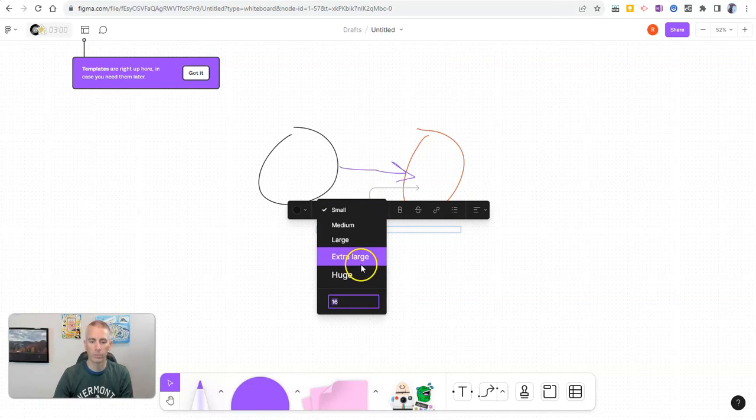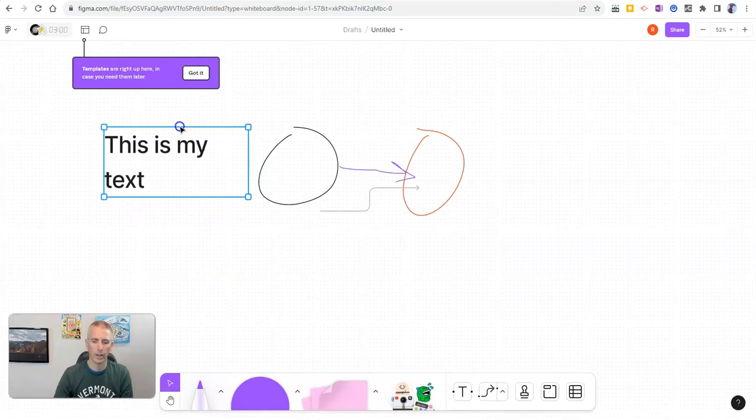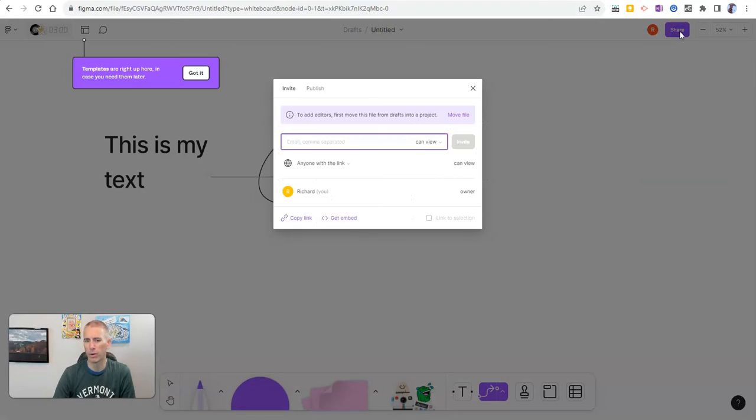And that's very small. Let's make it huge. This is my text. Even when it's huge, it's still not that big. And we can click and drag and put that over there. And now let's go back over here and use that connector like so. And we can continue to do that until we're happy with whatever it is we have jammed out on our Figma board. And of course, in the upper right hand corner, we have our share option, and we can share